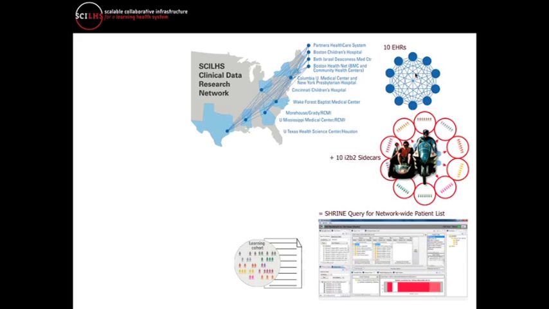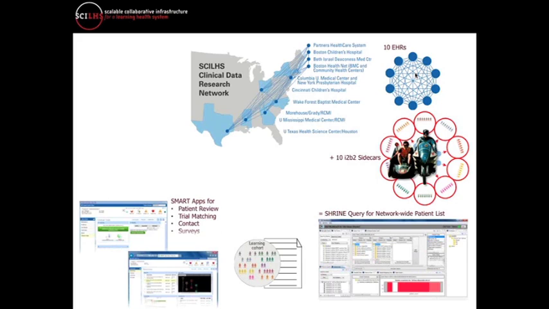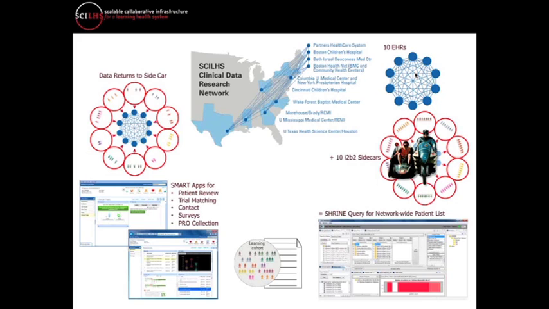And we take the list that we have generated, we pass it back to each site. Each of the 10 sites handles all the identified information, and we use SMART apps. There you can see the blood pressure app running in there. We actually use SMART apps at the point of care or by the research coordinator, to review the records, to do clinical trials matching, to contact patients, to conduct surveys, to do randomization, and then we return the data that we get from patient contact and other analyses back to the sidecar. So I'm going to hold it right there.